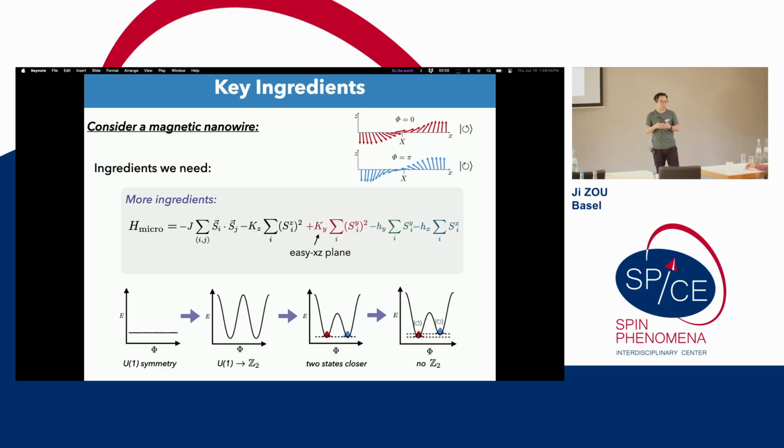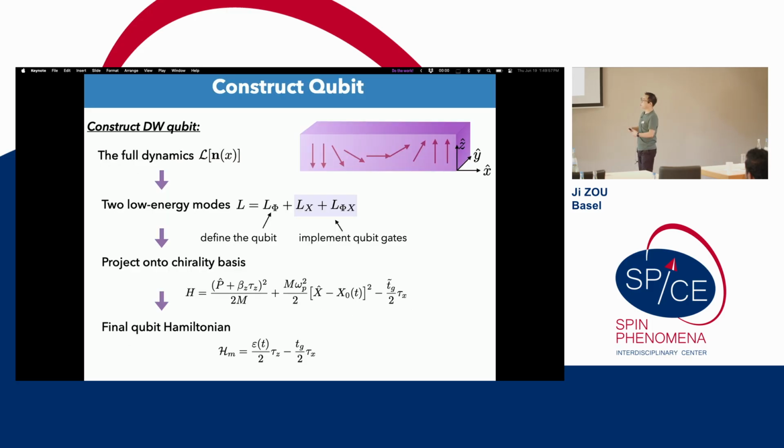Then once we have this idea, we sit down and do the calculations more rigorously. Here I just sketch some essential steps. Of course, the starting point is always the full dynamics of this system. Then we project onto these two low energy modes that I just mentioned. One is the space, another one is this azimuthal angle phi. And we will use this azimuthal angle phi to define the qubits and use the spatial coordinate to operate the qubits. And this spatial coordinate x and phi, they are coupled because we naturally have the spin Berry phase effect